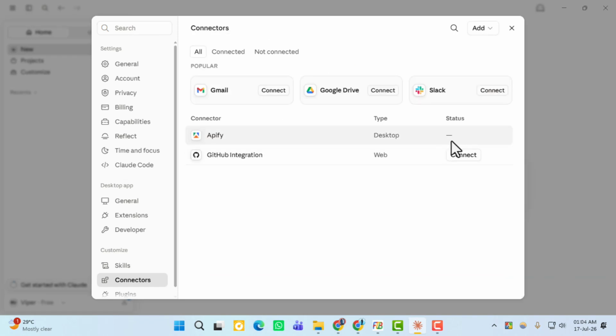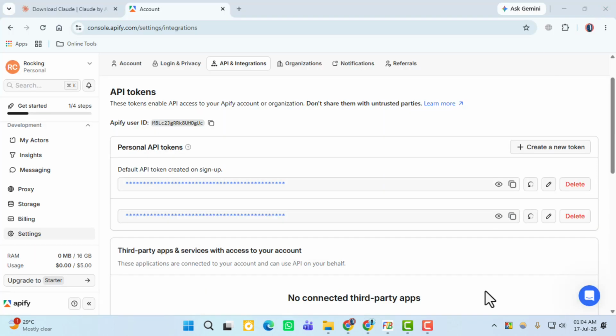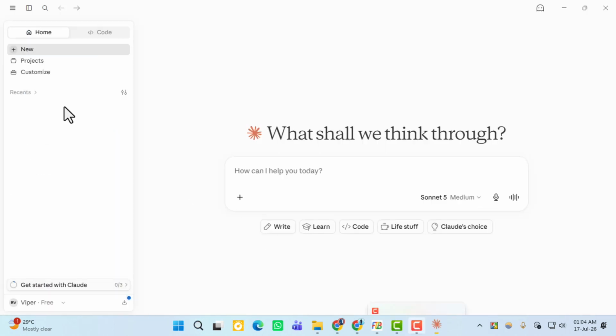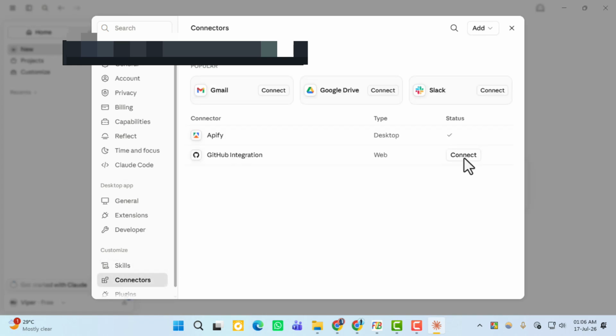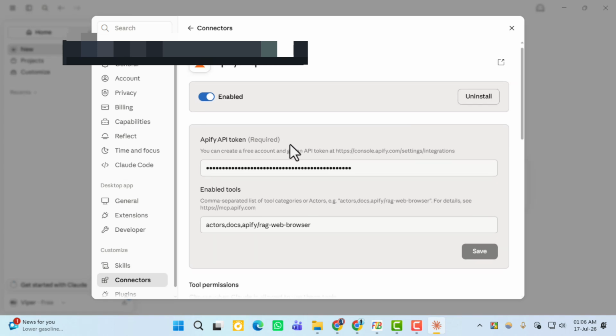Finally, restart the Claude desktop app by closing and reopening it. After it launches again, go to Customize and then Connectors. You will see that the Apify app has been connected